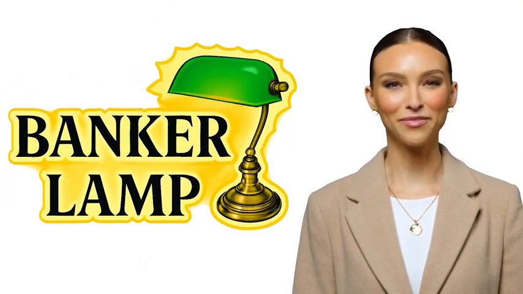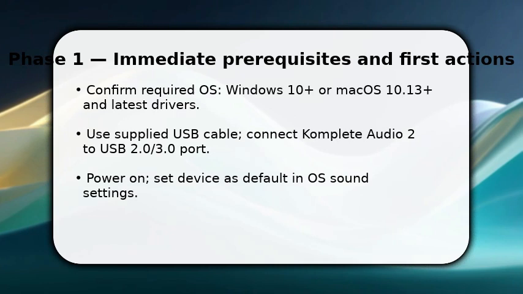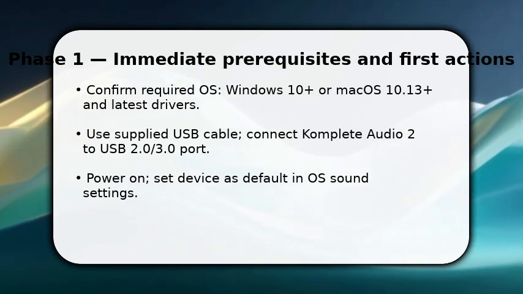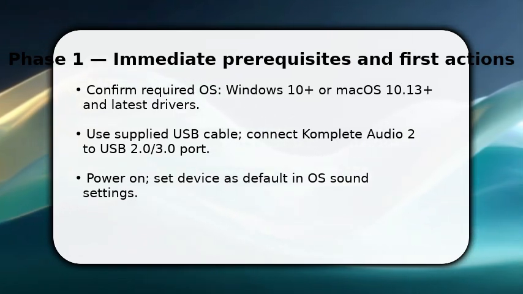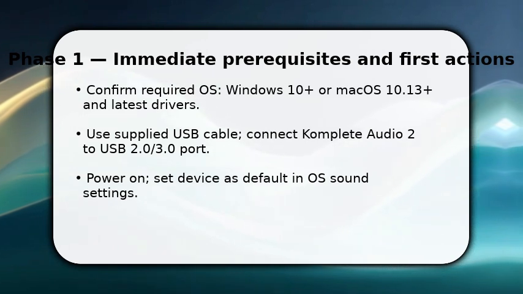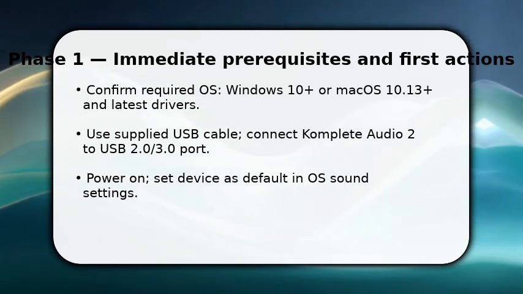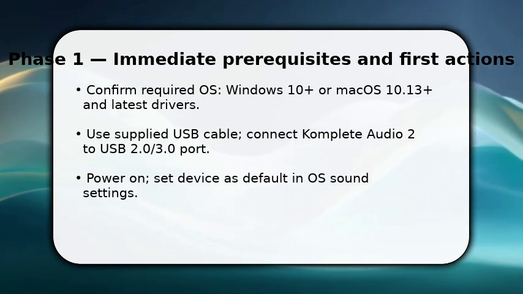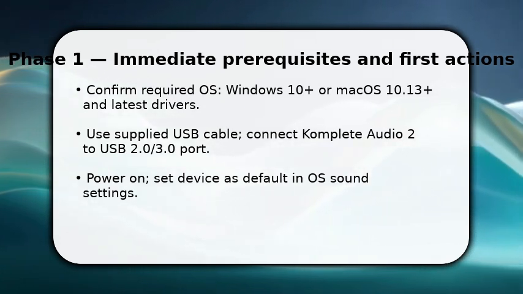You've got the Komplete Audio 2 and drivers downloaded. Start by plugging it into a powered USB port so the unit gets stable power and low latency. Once the OS recognizes the interface, open Sound Settings and select Komplete Audio 2 as input and output so audio